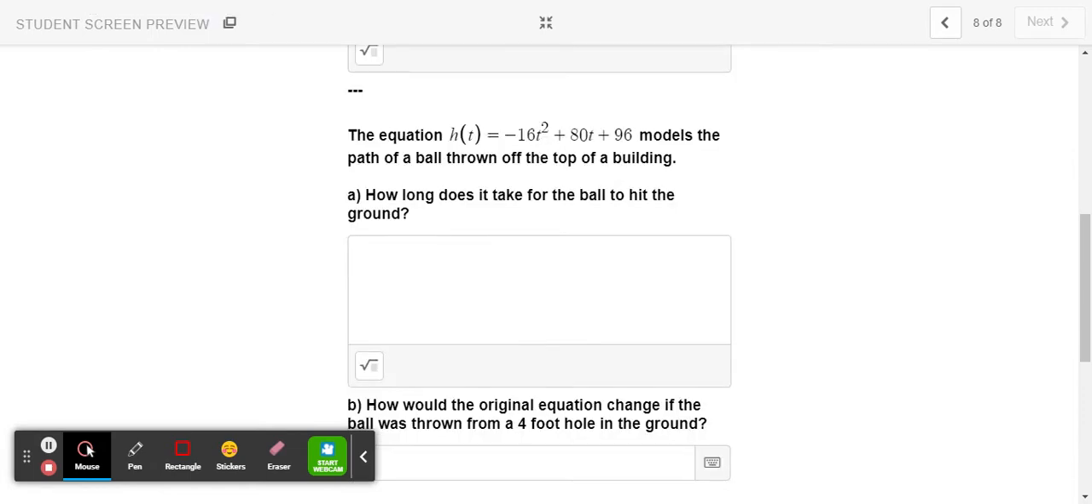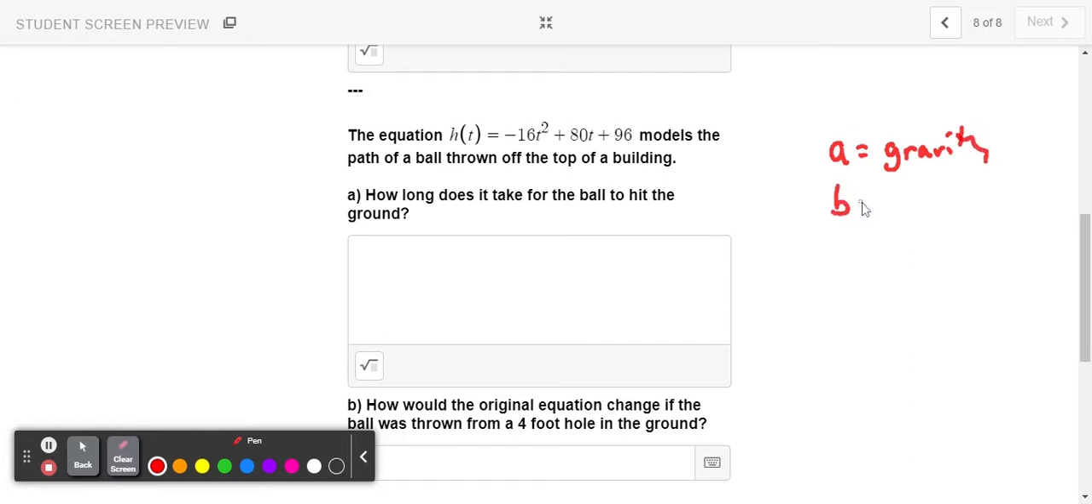Okay. Now let's do some of the actual problems. So here is an equation that represents the path of a ball thrown off the top of a building. Just a reminder of what we just talked about on the last one. The a in vertical motion is gravity. The b, which is not really b here, right? We know it's v sub 0, but if you think of this as ax squared plus bx plus c, then we can call it the b. Same thing. The b is the speed